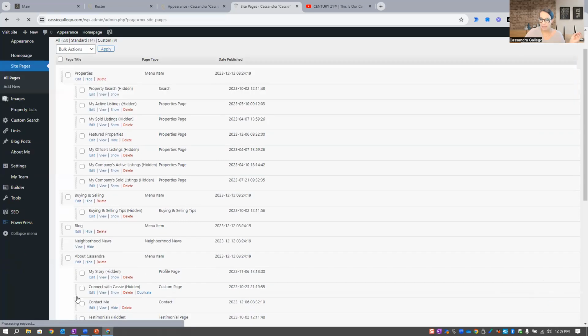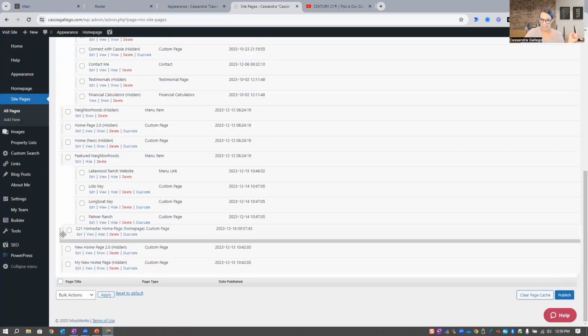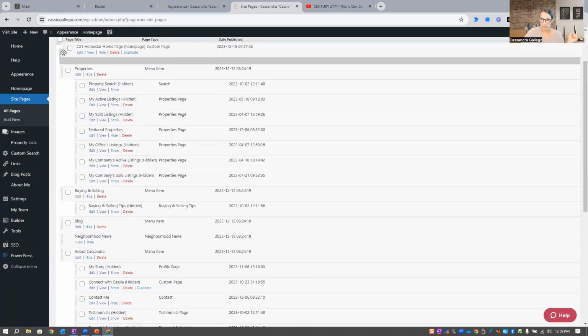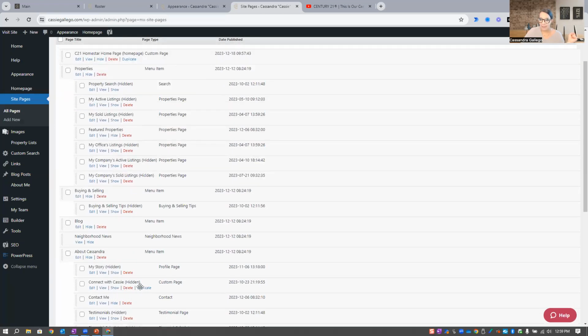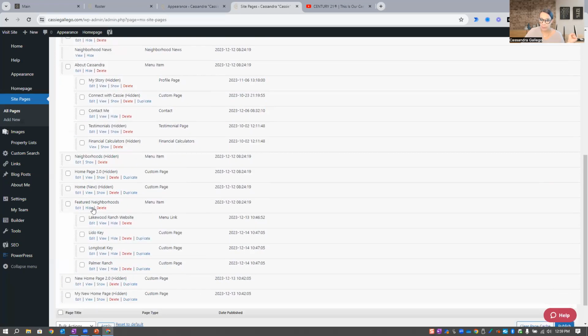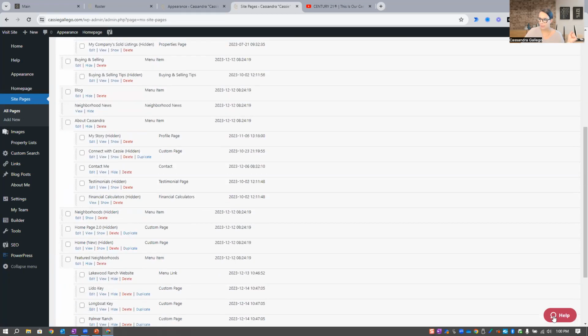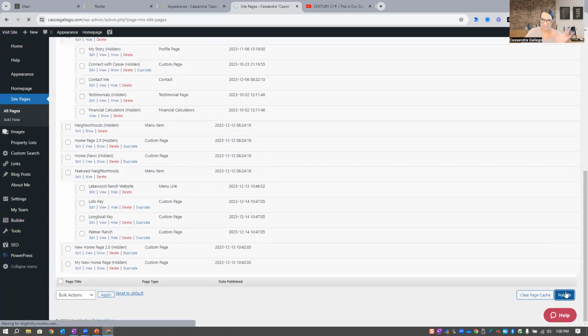And I can move my C21 Homestar homepage up to the top where I want it. And if I wanted to add Anna Maria Island under my featured neighborhoods, well, I don't have that page. I have to build it. So if I want to add a new page, you'll see I have all these options, which real quick before I do, let me publish, because otherwise nothing that I did